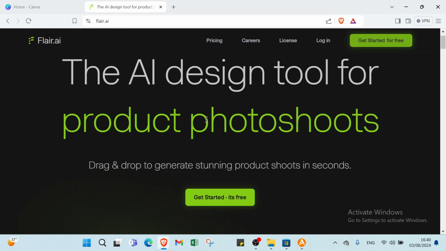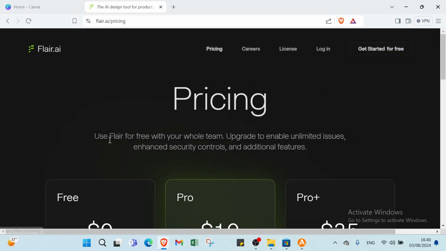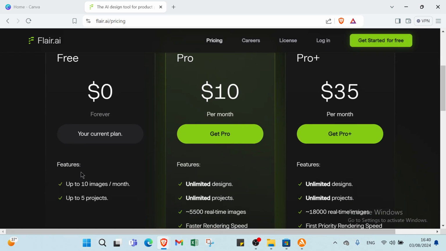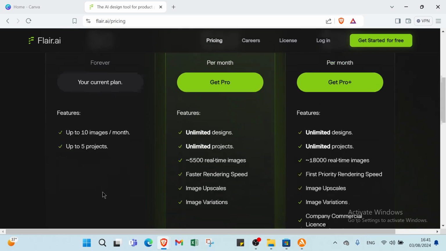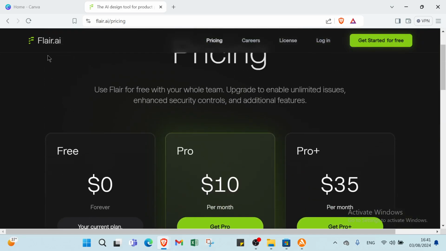This is the homepage, as you can see, and here we have various information. First of all, let's look at pricing. Use Flair for free with your whole team. Upgrade to enable limited issues, enhanced security controls and additional features. You can just start for free, and we have features up to 10 images per month, up to 5 projects also, and we have in the home page